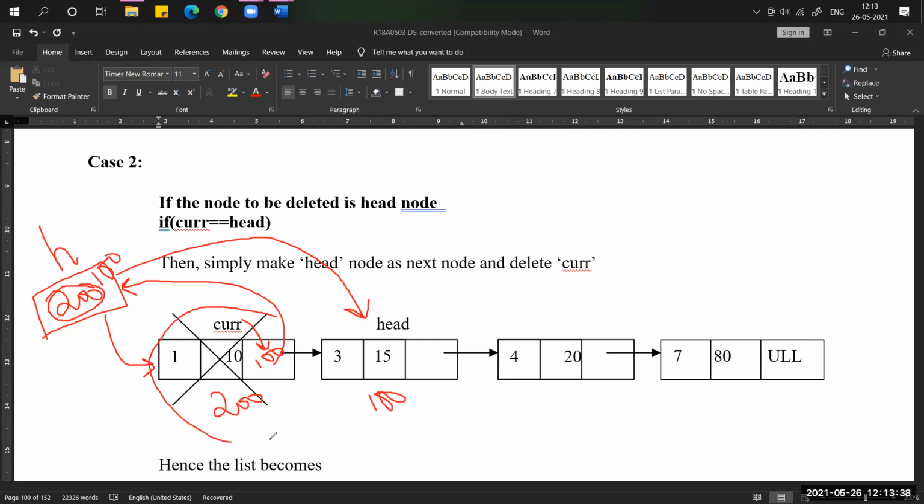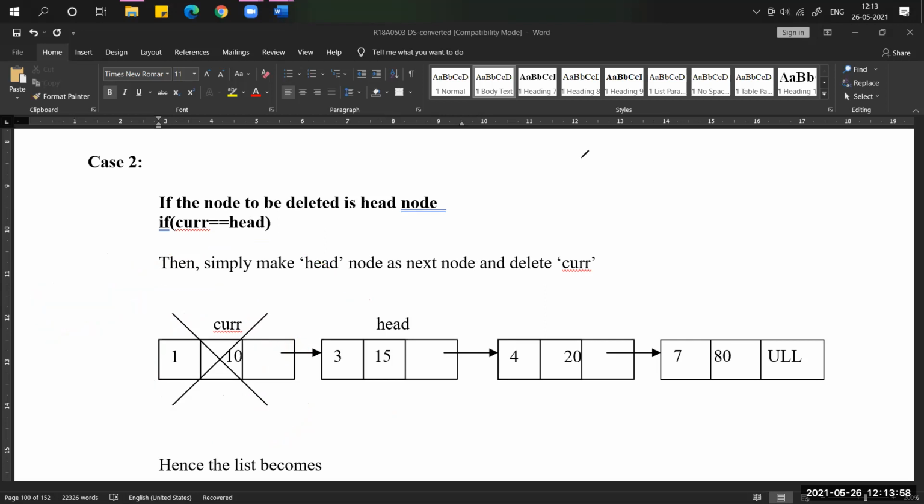Later this current node will be deleted with the help of free of current. This is nothing but case 2 in a deletion operation.